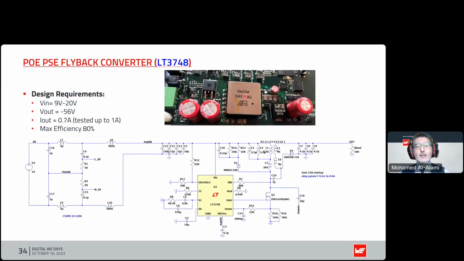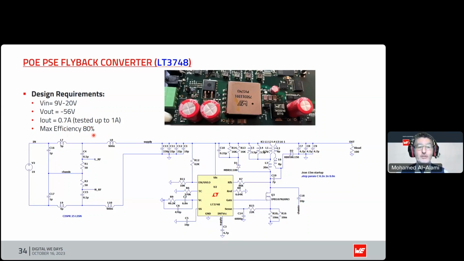And that transformer, we had to flip primary to secondary as it was defined. So now the secondary is sitting on the primary side and the primary is sitting on the secondary side, basically, hence the twist, for it to apply to the spec requirements of my customer at the time. And that's something that you can really exercise when it comes to these types of DC-DC solutions in particular. So you can think outside the box. It doesn't have to be something that you have to customize from the word go. You can look at existing off-the-shelf components and maybe look at ways of manipulating them for your own spec requirements.